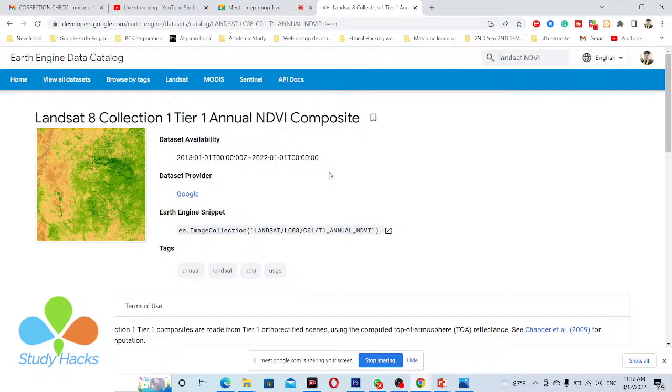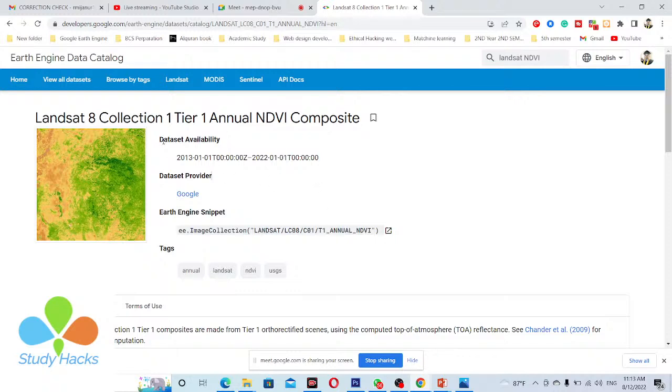Suppose you can take one value for the year 2013 and another value for the year 2014, then 15, 16, like this. Every single year you can get a value. But when you use the 8-day, then you get every 8-day interval in the time series chart. So all of the process is the same. I show you only this dataset. You can also try the rest of the datasets for 8-day, 32-day. I hope you can easily understand.